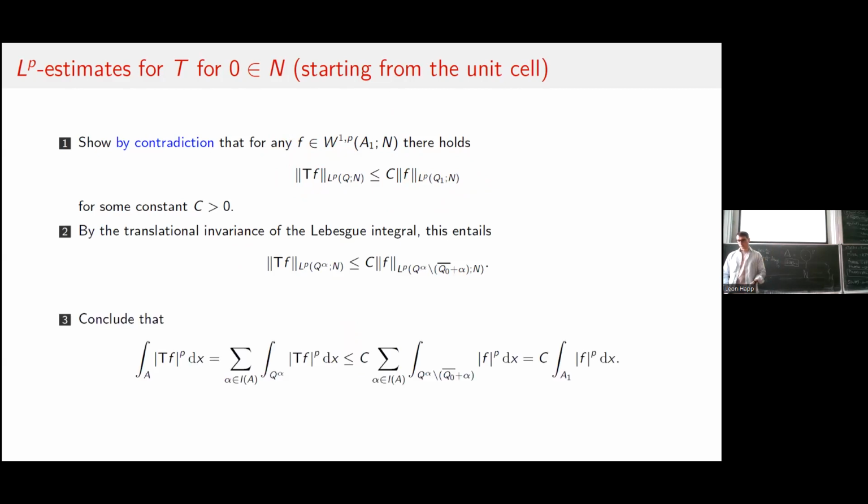If you put this together, you write the integral over A as the sum over all translated cubes, because, as I said on the simplification slide, we assume that our set A is given as some union of squares. So we can write this as the sum over these different squares. There we apply the estimates we have, and we get out in the end the total LP estimate that we wanted.